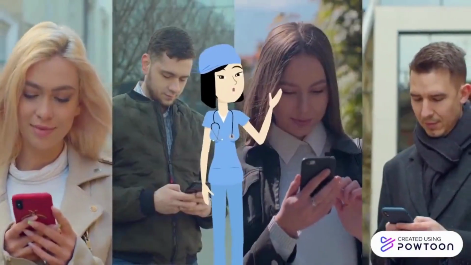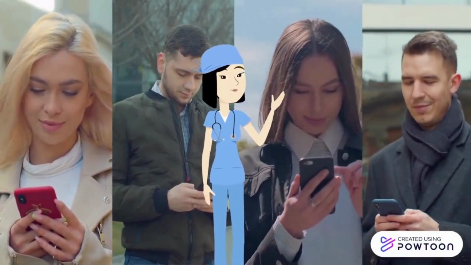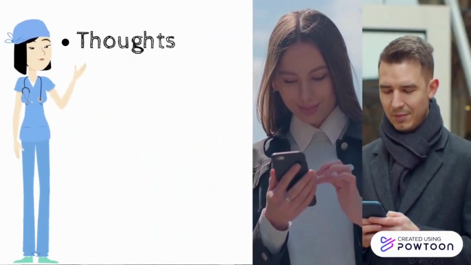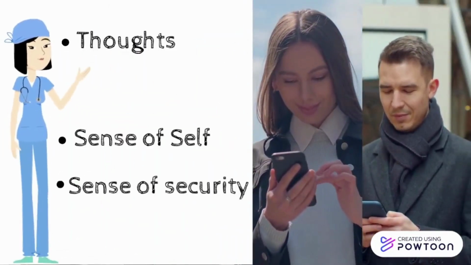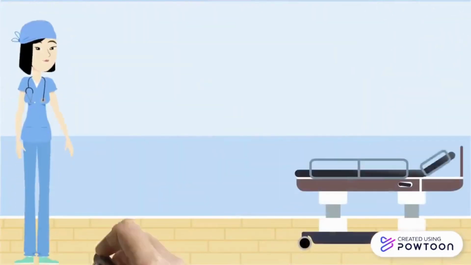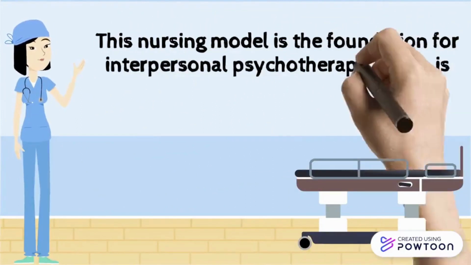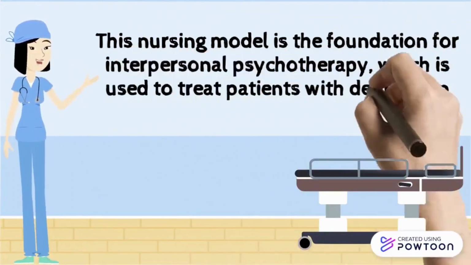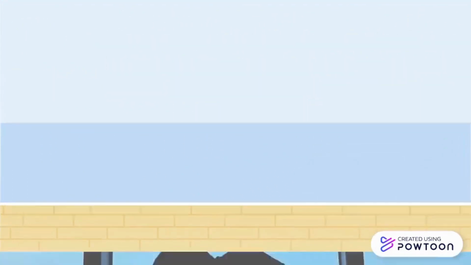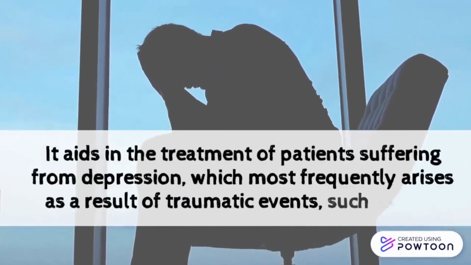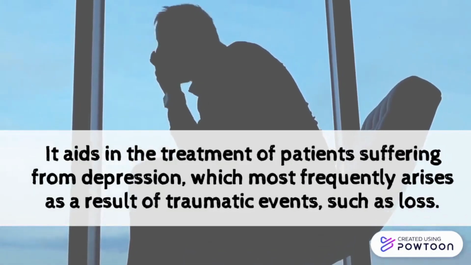For clinical application, Sullivan's model suggests that communicating with other people may have an effect on people's thoughts, sense of self, and sense of security. This nursing model is the foundation for interpersonal psychotherapy, which is used to treat patients with depression and schizophrenia. It aids in the treatment of patients suffering from depression, which most frequently arises as a result of traumatic events